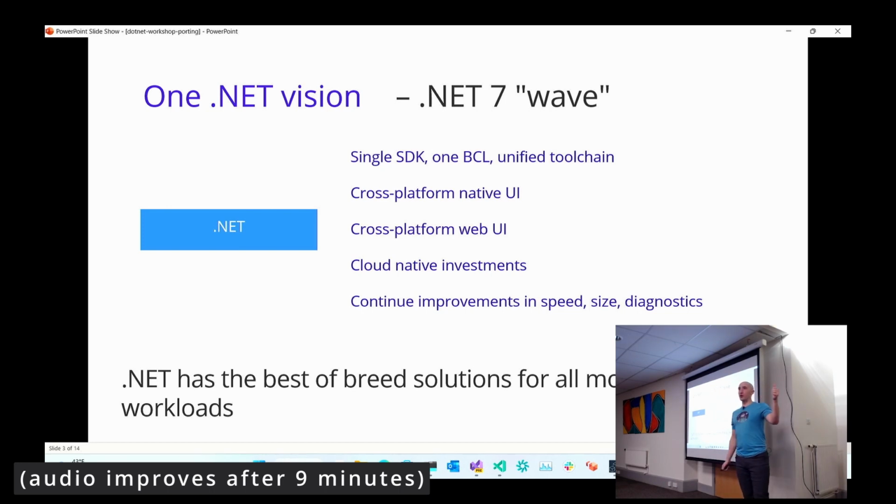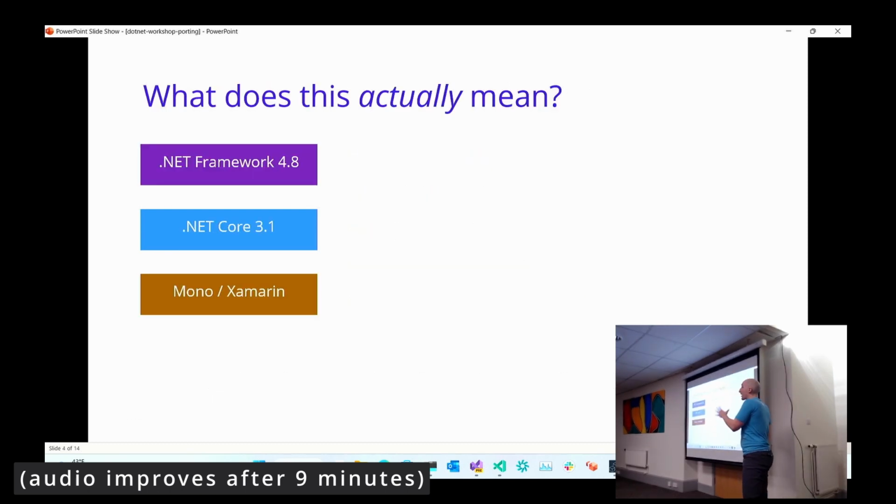They had .NET Framework, they had this .NET Core thing that they were working on, they had this Mono thing. So the idea is, let's actually take the best of all 3 of these different stacks and merge them together to be one .NET going forward, right? And that's now .NET 7. So when you hear .NET, the idea is .NET Wave or .NET Modern is .NET 5, .NET 6, .NET 7, right? And it talks about all the value propositions that we were talking about earlier.